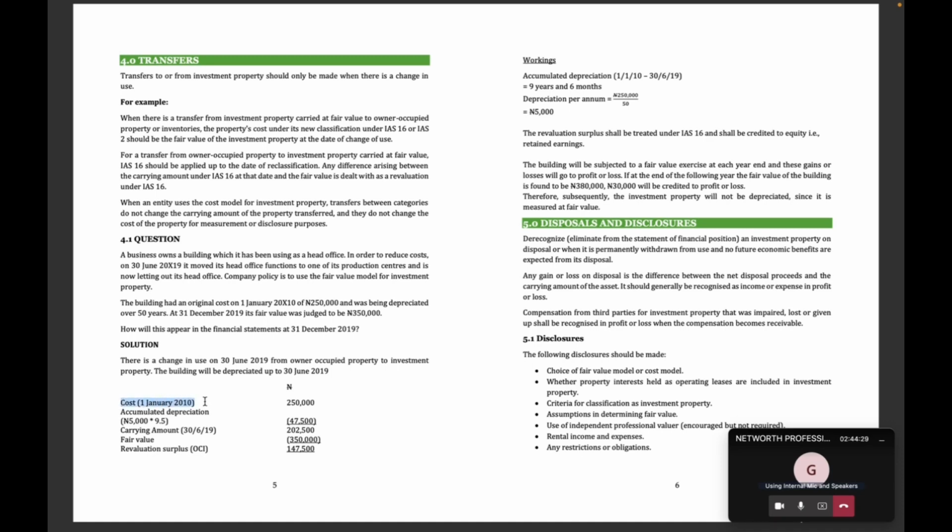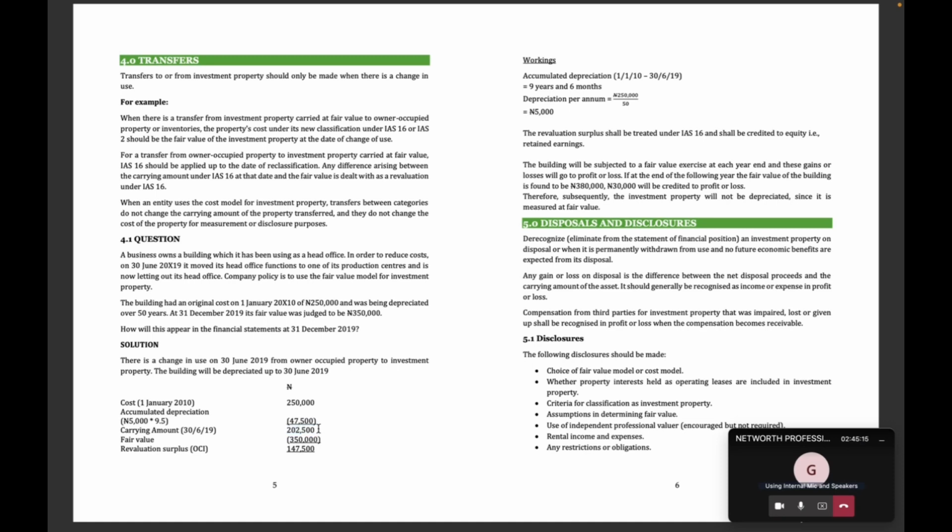So the cost of the asset was 250,000 up until June 2019 when it stopped being PPE. What's my depreciation till that date? From 2010, the acquired date, till June 2019, that's 9.5 years. If I multiply that by the depreciation per annum, which is 5,000, that is 250,000 divided by 50 years, that gives me the depreciation per annum. If I multiply that by 9.5, this gives me the accumulated depreciation till the date when it ceased to become PPE. So at the date it ceased to become PPE, the carrying amount of that asset was